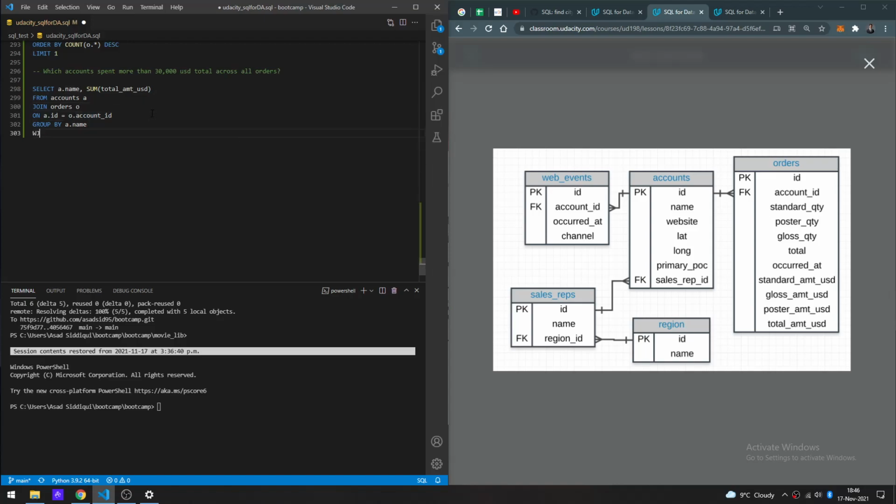Where, oh sorry, not where, because of group by. Before group by, you could use where, right? But after, you have to use having, because now you're applying that conditional to the groups that you just created. So having,